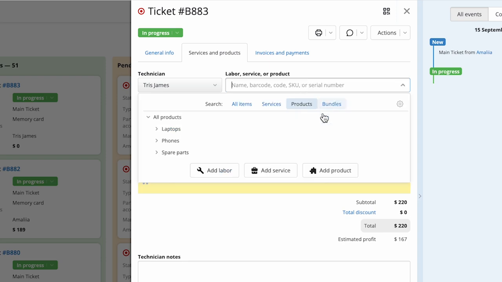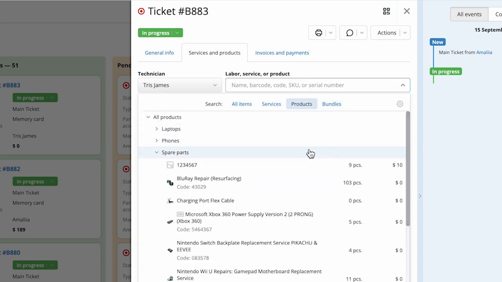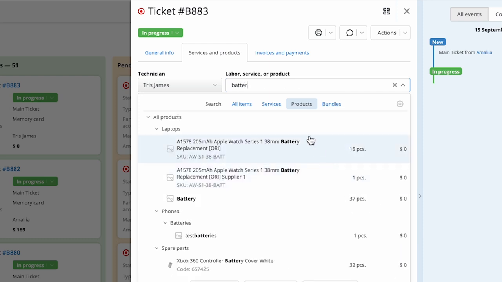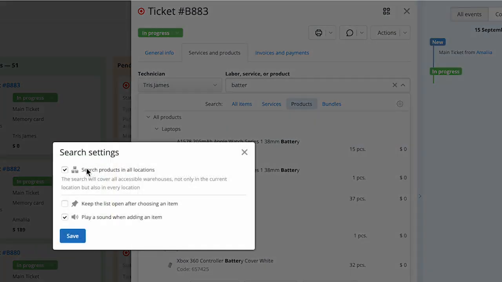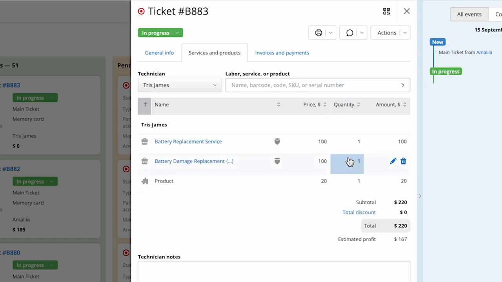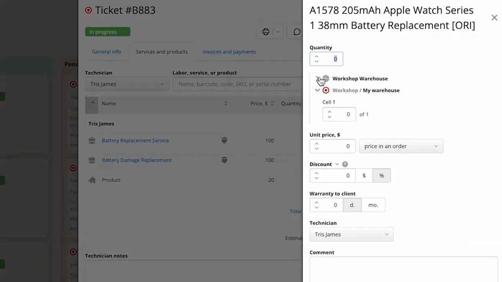Use the drop-down list. Find the product by name, code, barcode, or serial number. Here you will see products that are on your stock. If you have different locations, you can decide if you want to search in all of them. If you have one location but different warehouses, when clicking on the product, you will choose which warehouse to take